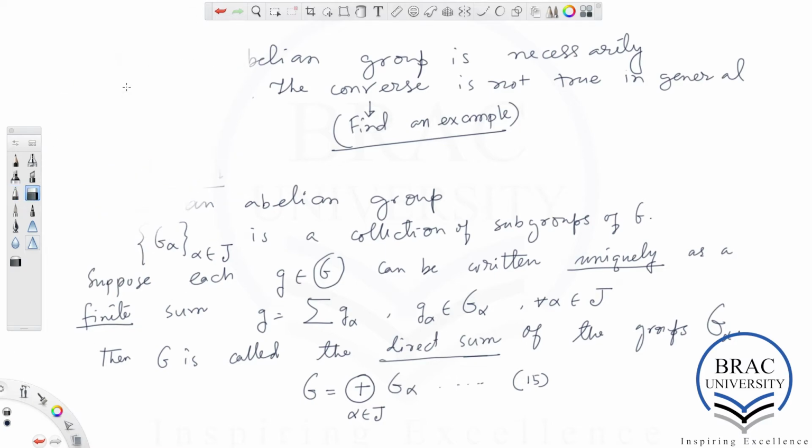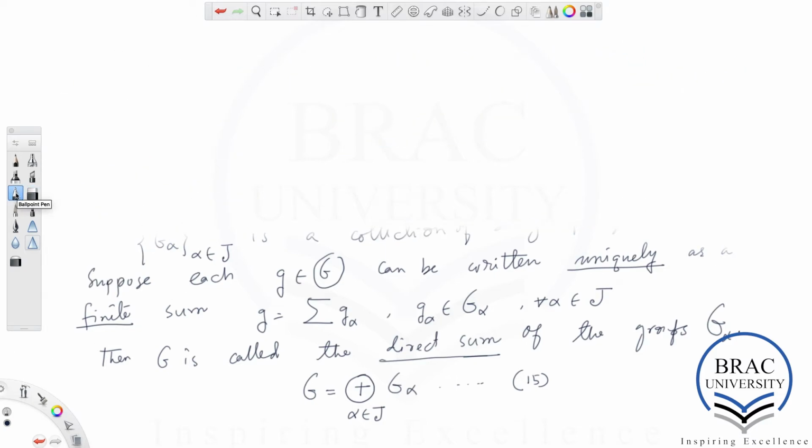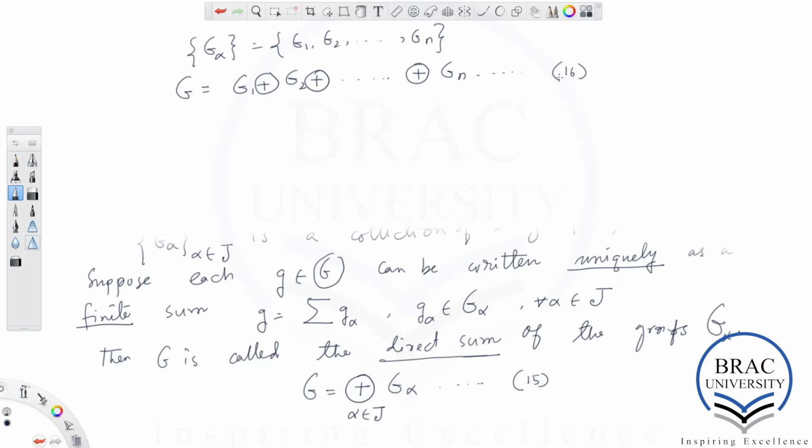And in the case when this collection is a finite collection, G alpha is equal to G1, G2 all the way up to Gn, so there are n such subgroups of the group G, one writes the direct sum in the following way: G1 direct sum G2 direct sum all the way up to Gn. This is 16.